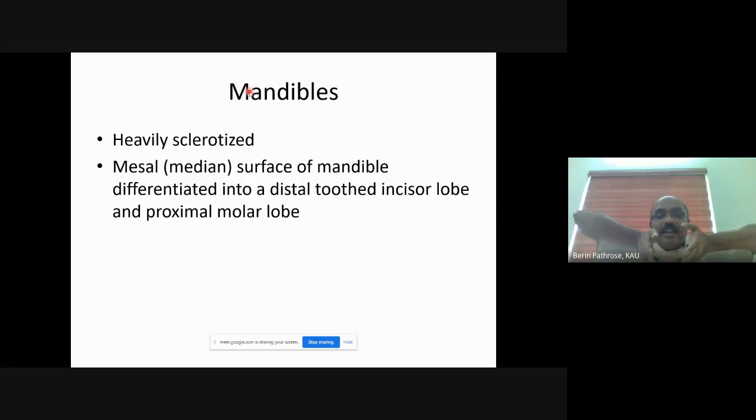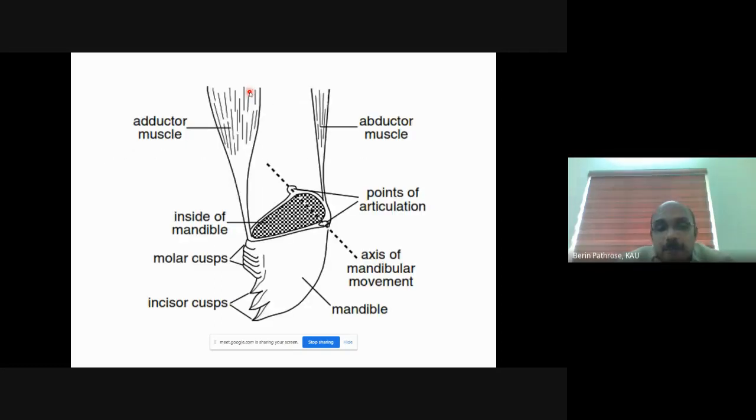In the same way, we have a mandible. At the tip, we have incisors for cutting the plant material, and at the proximal part, this area, it is the molar area. This is for chewing. I will show the structure. See it over here. This is the mandible. This is the tip of the mandible. You can see incisors. These are for cutting purpose. And see the molar area. This is for chewing purpose.